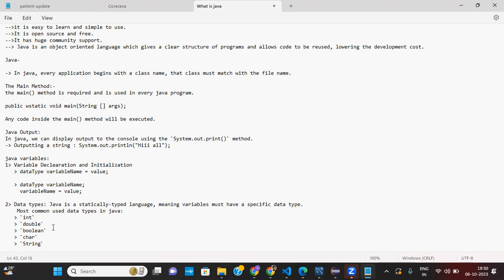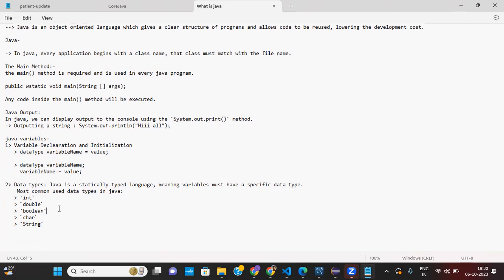Okay. So what is Boolean? Boolean is basically the output of this thing, right? It is only true and false. Boolean stores a value with two states, which are true and false.